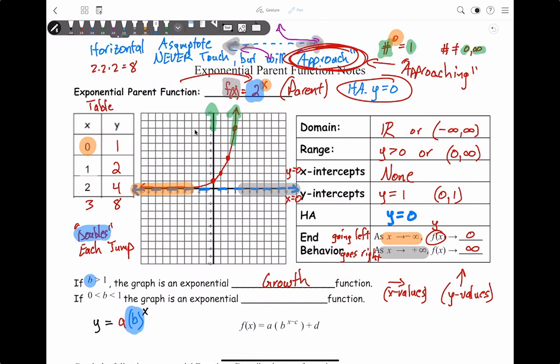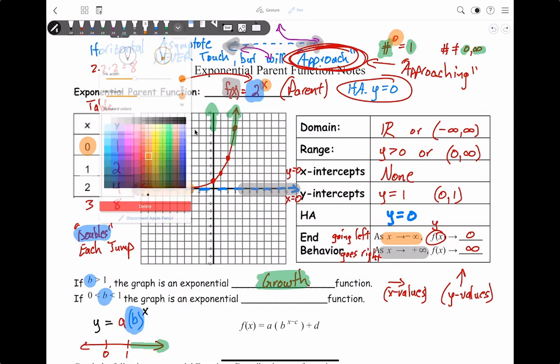But otherwise, the b value is between, not less than 1, but between 0 and 1. So I want you to imagine, if you will, a number line system. What I just showed you was here's 0, here's 1. What we just showed to be growth over here, we're saying whenever it's bigger than 1 and as it goes to the right. But if it's less than 1 and it's in between 0 and 1 without touching,